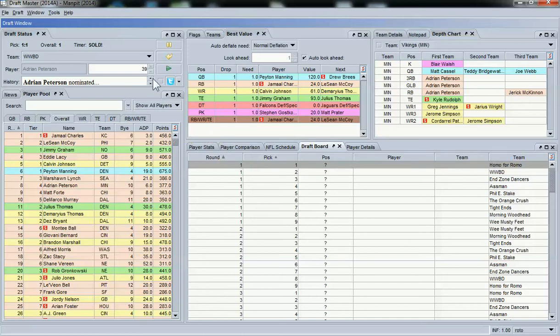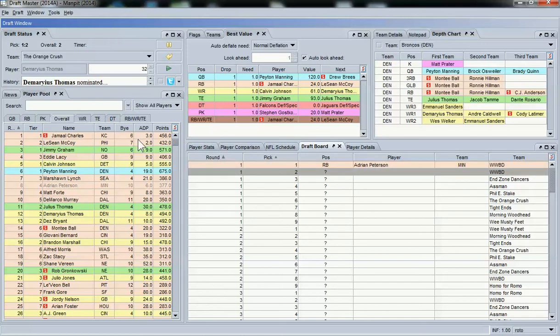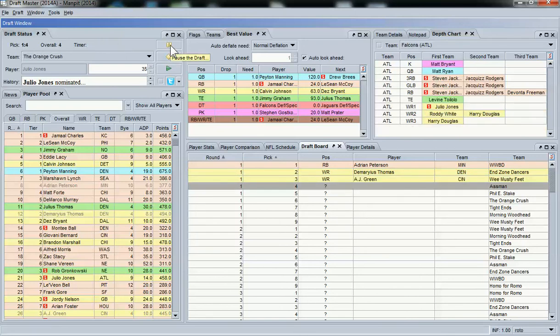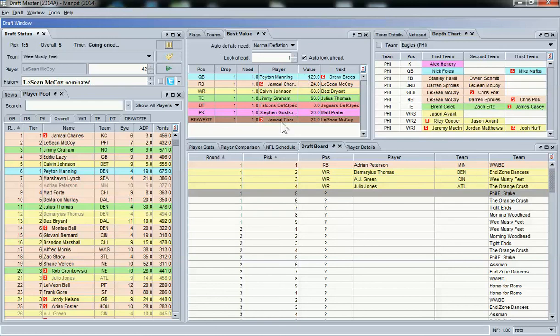So in this case it's going through an auction thing. You can see here that I'm hearing in my earphones, which you're not hearing. It's saying going once, going twice, sold, and then it's placing that next player. I'm going to pause this. Okay, so I'm going to pause this, and then you can see best value. It's not pausing, so